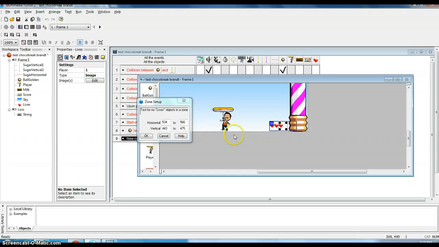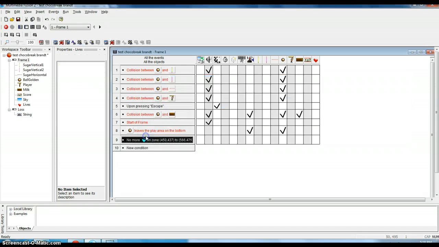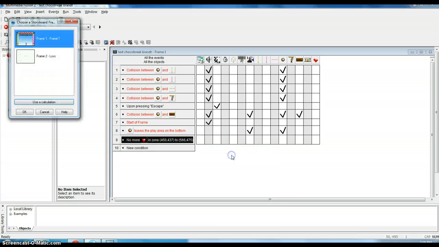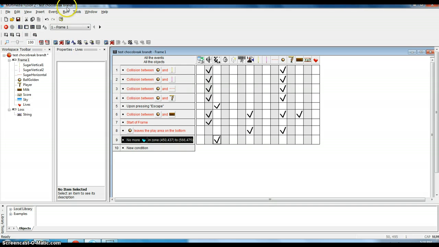Okay, so now let's just drag this out. Now when that area runs out of lives, it should turn, let's see here. So when that condition happens, I can go over to my storyline and have it jump to frame. I'm going to have it jump to frame 2. Okay, I'm going to hit OK. And let's go ahead and test it out